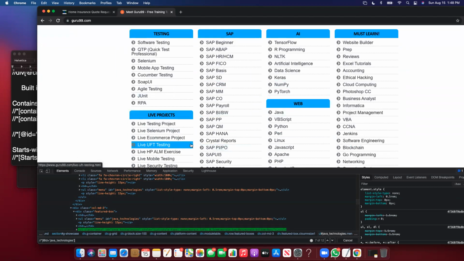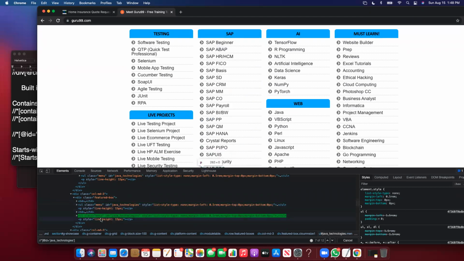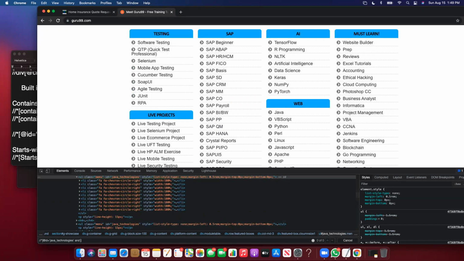So this is a good example of not relying just on ID, right? And all of them have the class menu, okay? So how do we just focus on the one we want? Now we're going to say "and", right? And we're going to say